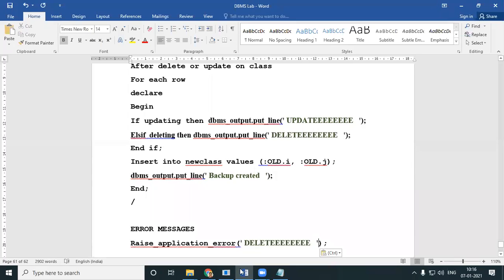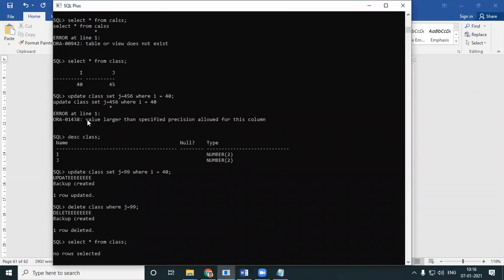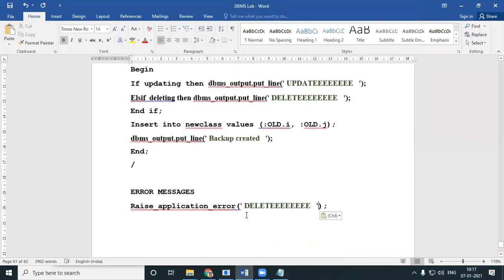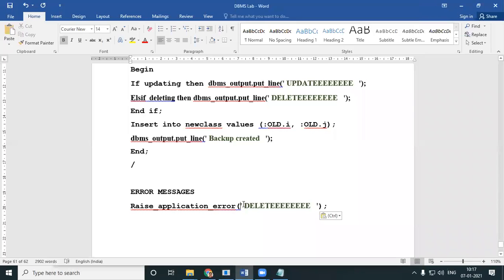Now, usually when you get error messages, these are inbuilt errors. Now, you can give your own error messages, like ANS error or error in my DB, whatever. So rather than this coming, you can be happy with your own error messages. Now, when you give error messages, this comes with a number and an error message. The same way, you should be having a number and then your error message.